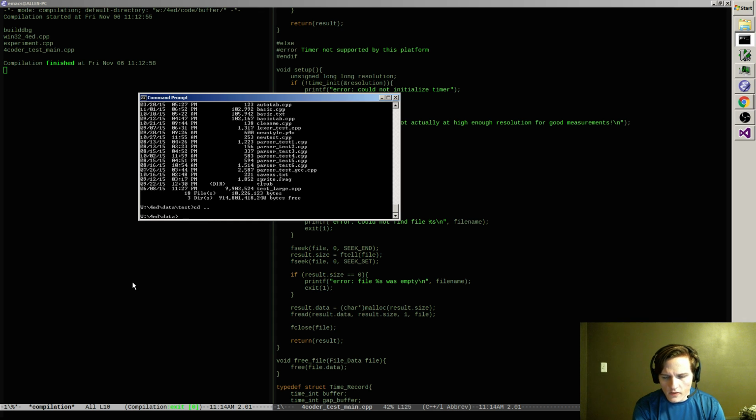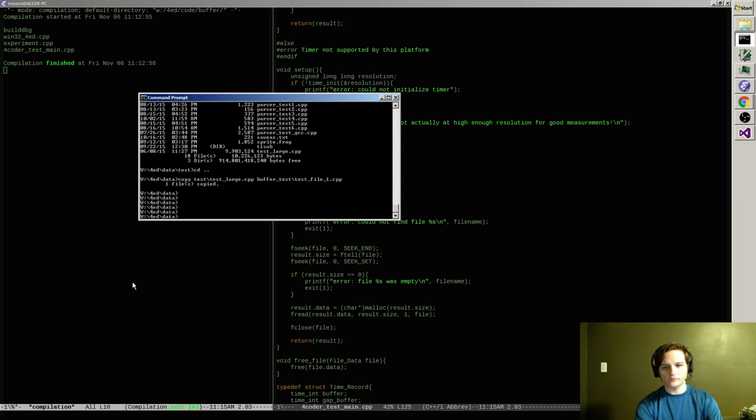Gotcha. So I want to copy test/test large.cpp to buffer test file1.cpp. Alright, now we have a nice big 10 megabyte file. We'll see how everyone does on the various things I want to measure.